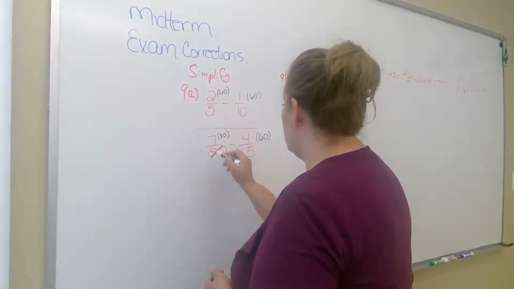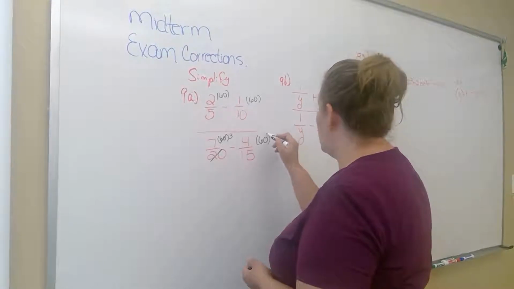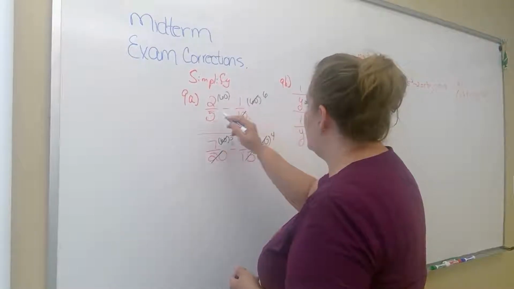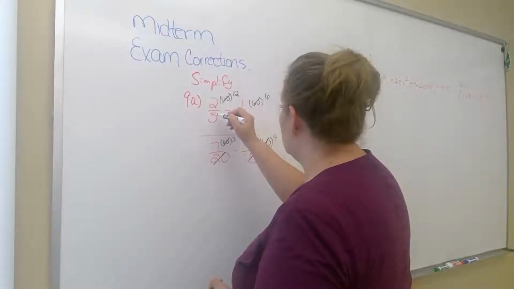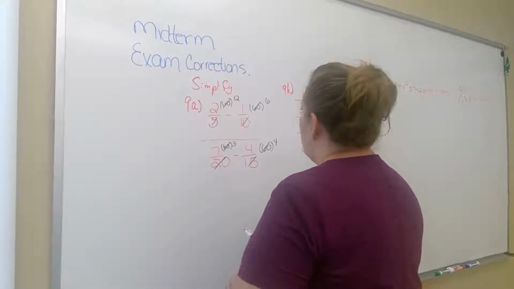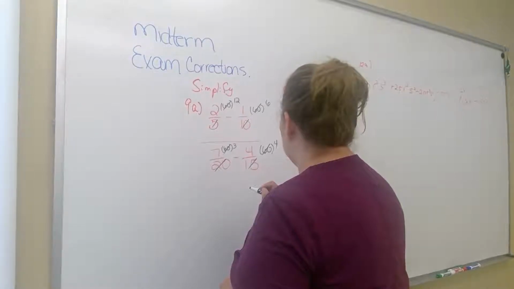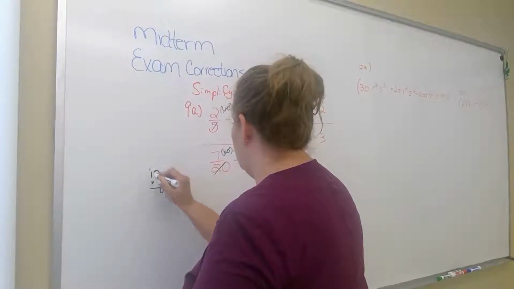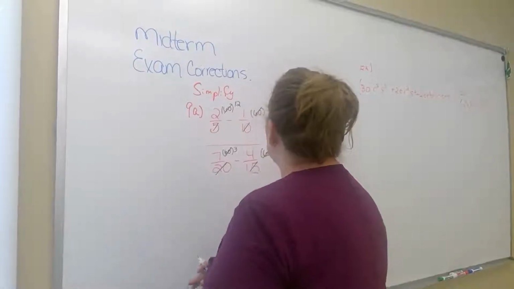So then 20 goes into 60 3 times. 15 goes into 60 4 times. 10 goes into 60 6 times. 5 goes into 60 12 times. And so then we're left with okay. So then